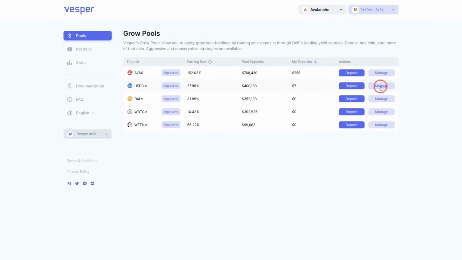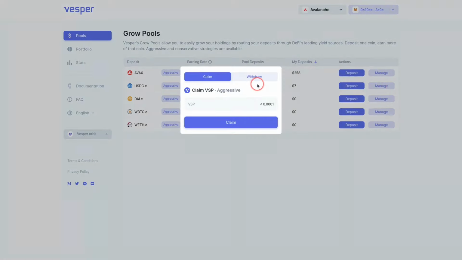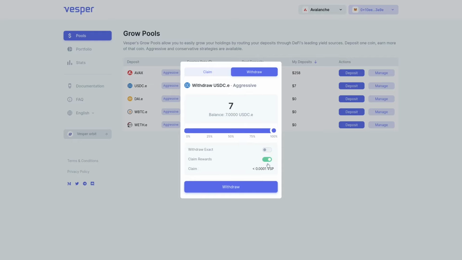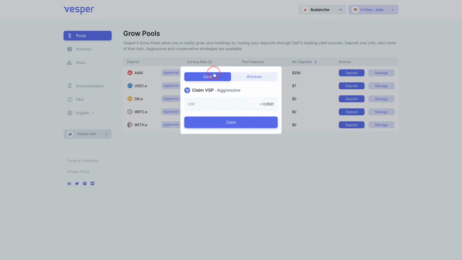To withdraw your deposited tokens or to claim your Vesper token rewards, tap Manage. For withdrawal, tap Withdraw and enter an amount. You can claim any Vesper token rewards earned at the same time you make a withdrawal by toggling the Claim Rewards button to On. Click Withdraw and approve the transaction. At the time this video was produced, a withdrawal fee was still in effect, but this is set to be